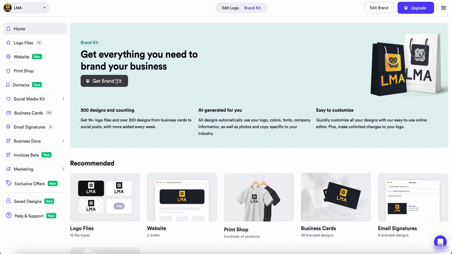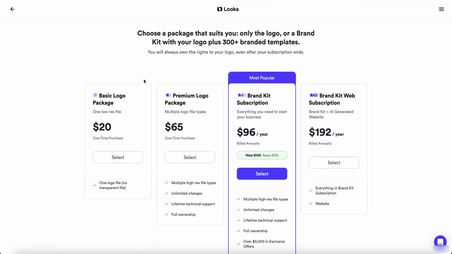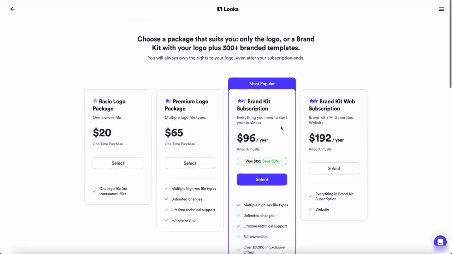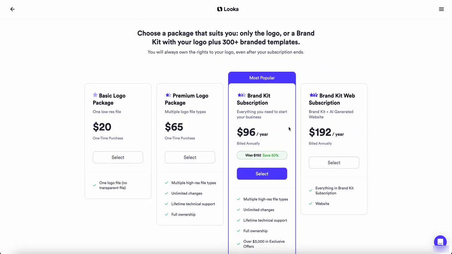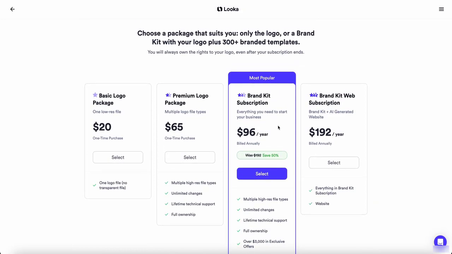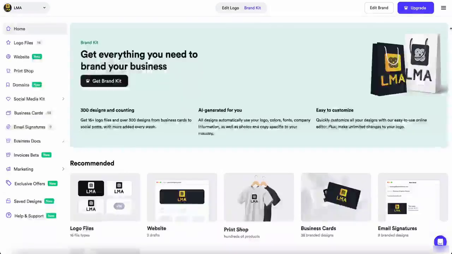But what I have discovered, I didn't do it the first time: if you don't purchase it now, they will send you a newsletter. And this newsletter will give you a code and extra discount. So if you generate a logo, I would advise not to purchase immediately, but wait, and they will send you a newsletter with a special offer. So this is what I would probably do.